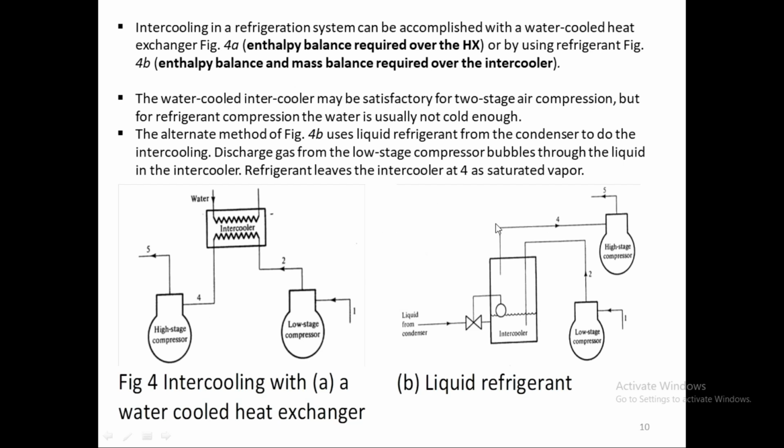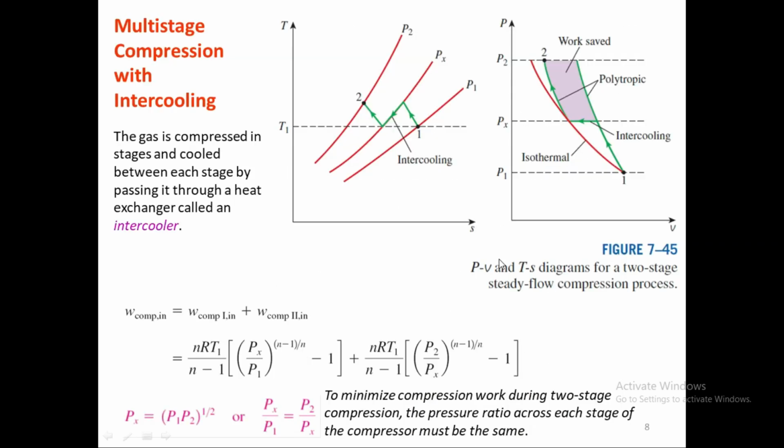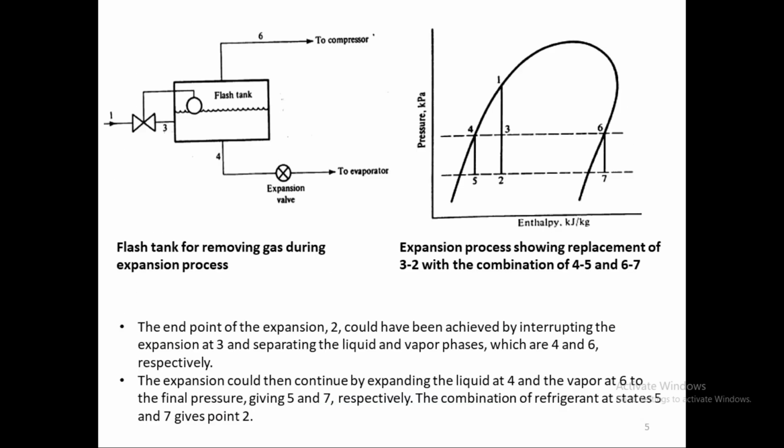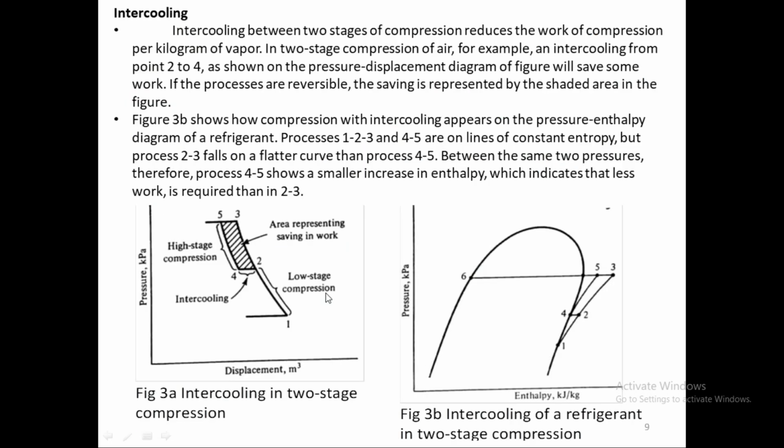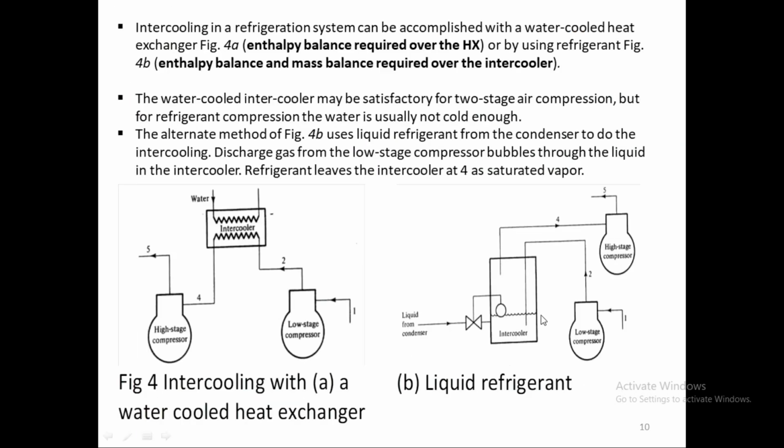But in the case of our refrigeration system, we have a better thing to do. That is, we already have the flash tank installed. We already know that we need a flash tank to remove the flash gas. So we are now going to use that flash tank for doing intercooling. So how do we do that? We take the low stage compressor vapor from here and then dip it inside the flash tank